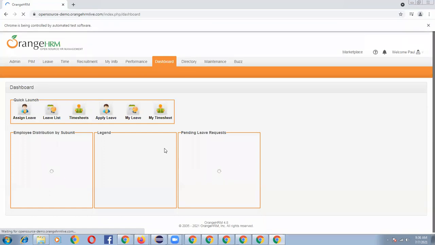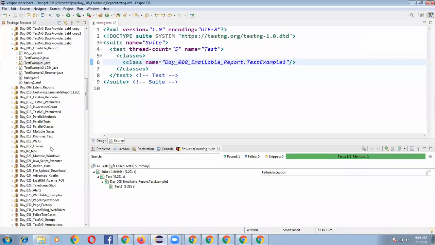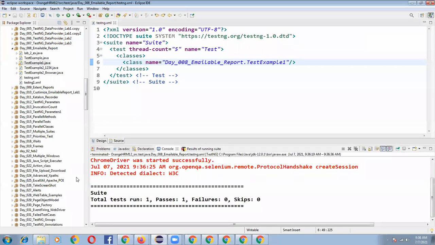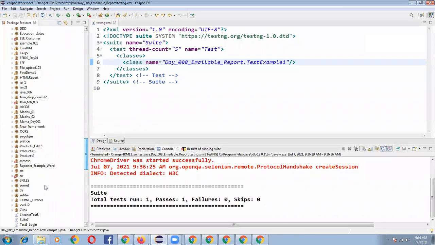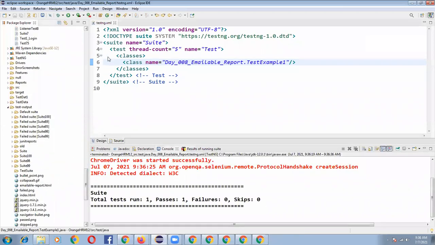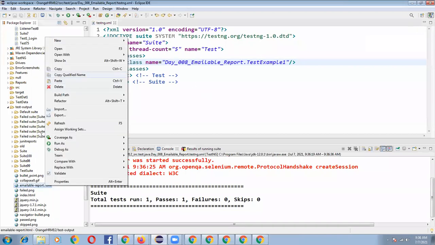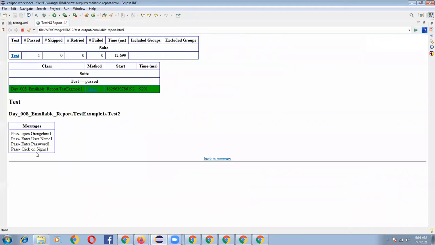Go to console. So your test was passed. Now let's go to the emailable report. Open with browser. See, all the lines were executed and passed.